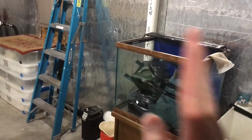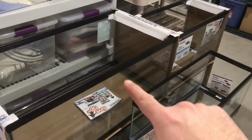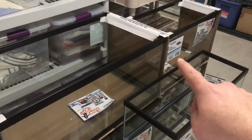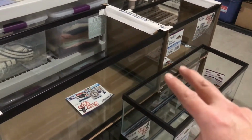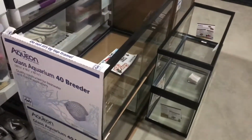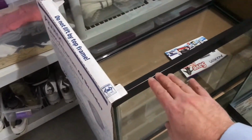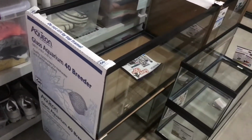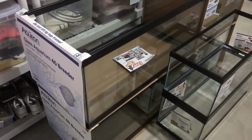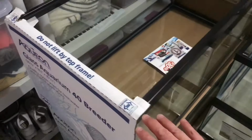So the first rack will be right here. There will be 3 shelves. On the bottom and the middle shelf will be a 40 breeder next to a 20-gallon. That'll be on the first 2 shelves, and then the top shelf will have 2 20 longs. The fish that I plan to put in these tanks are going to be a shell dweller in here. They're not going to be the typical multifasciata shell dweller, although I do love multis, and I may end up with multis, but I'm trying to find